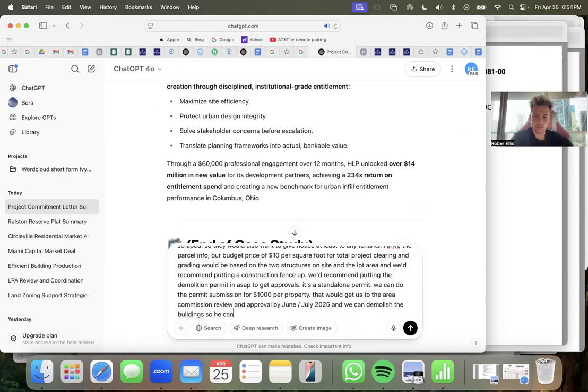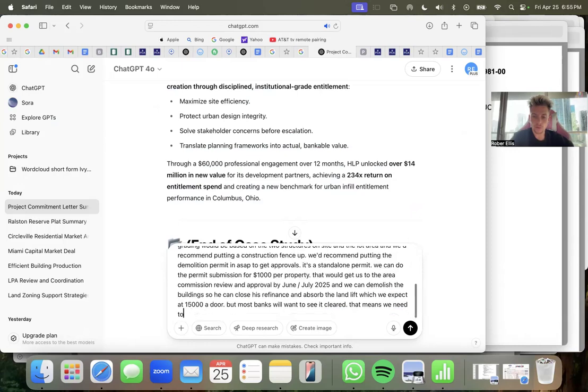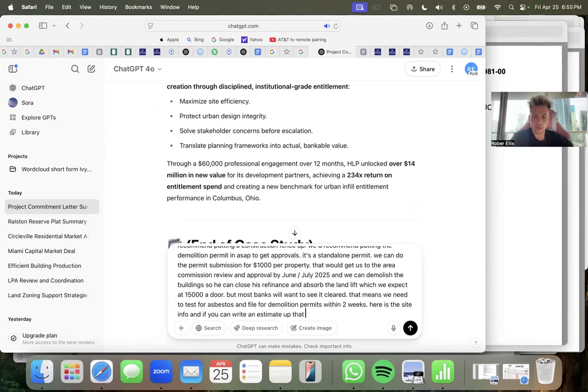So he can close his refinance and absorb the land lift, which we expect at $15,000 a door. But most banks will want to see it cleared. That means we need to test for asbestos and file for demolition permits within 2 weeks. Here is the site info. And if you can write an estimate up, that includes total